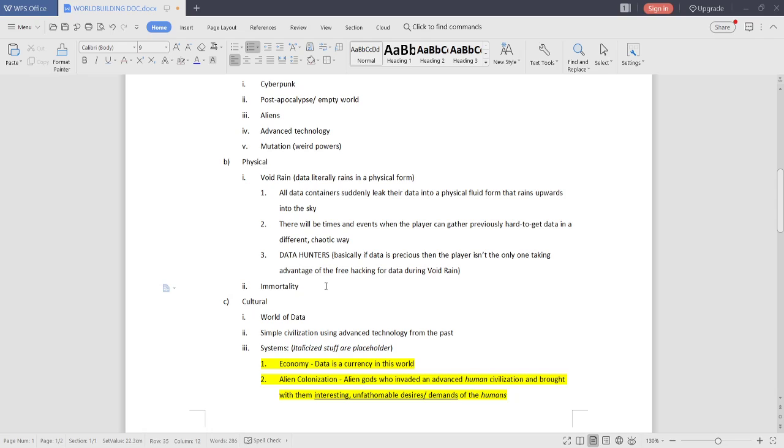Now Immortality, I'm going to say this. In my D&D campaign, immortality came about from advanced technology, where basically the advanced civilization was able to reach technology that grants them immortality, which is now a bad thing. Now that there are these alien gods that invaded, nobody wants to live forever. They want to escape this mortal coil because they don't want to be tortured by these alien gods. But they are still immortal. So how does the immortality work?